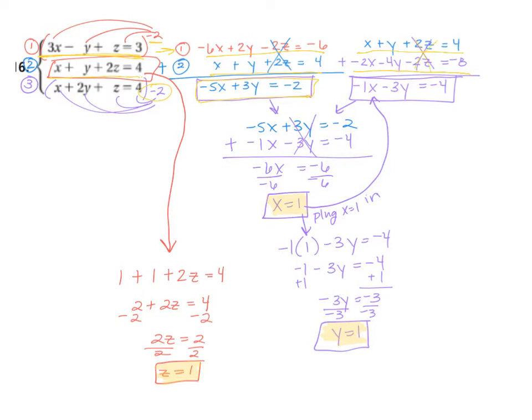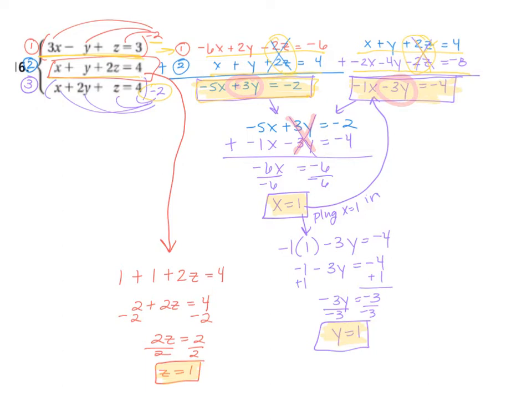So you want to cancel out the same variable, z's in the first one, z's in the second set, to get these two equations. So I ended up with this equation and this equation. And then what I did was I took those two, and if you notice, there is a positive 3y and a negative 3y, so those will eliminate. So I just set them over top of each other and I eliminated so that I could solve for my